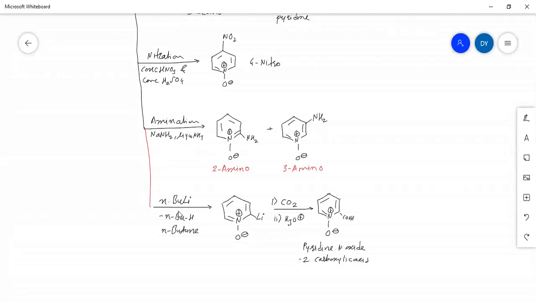Then there is an attachment of n-butyl lithium. The lithium group is attached at carbon number 2. Then carbon dioxide followed by hydrolysis, we get pyridine-N-oxide 2-carboxylic acid. So students, if you have any doubt, you can go to your chat